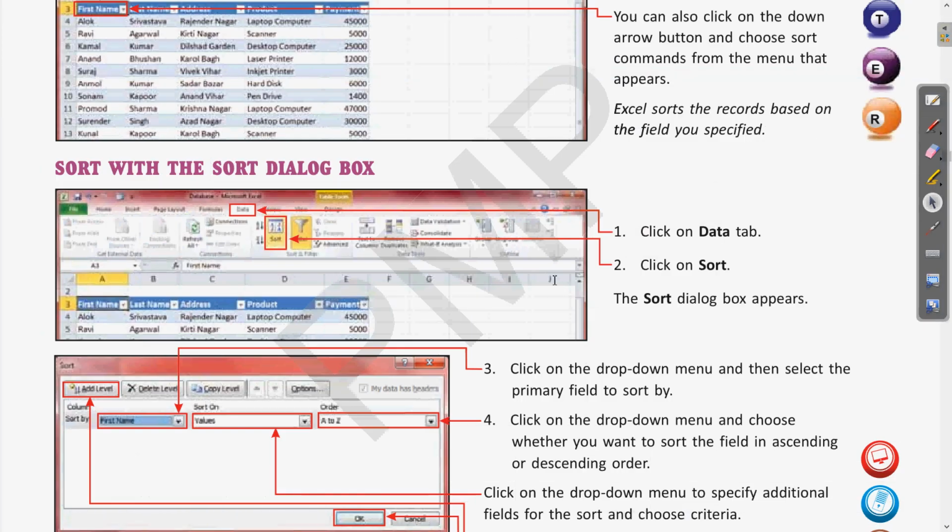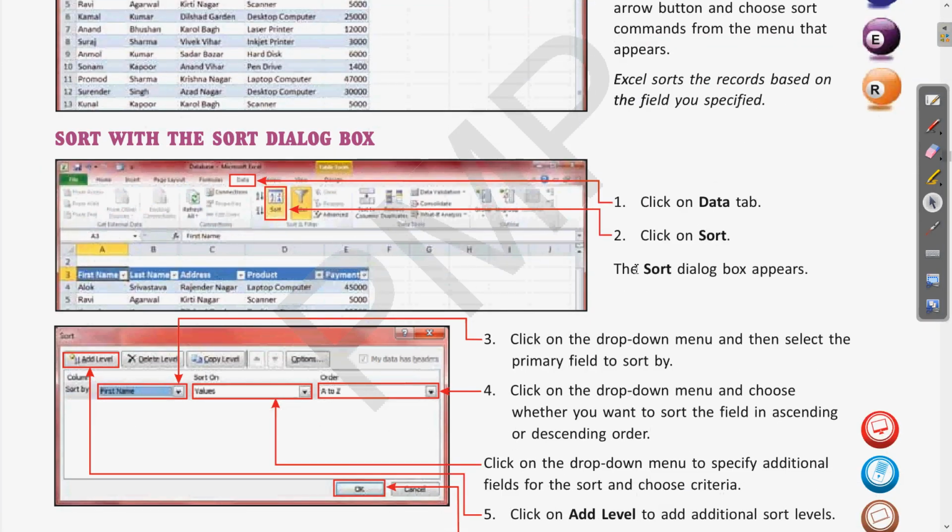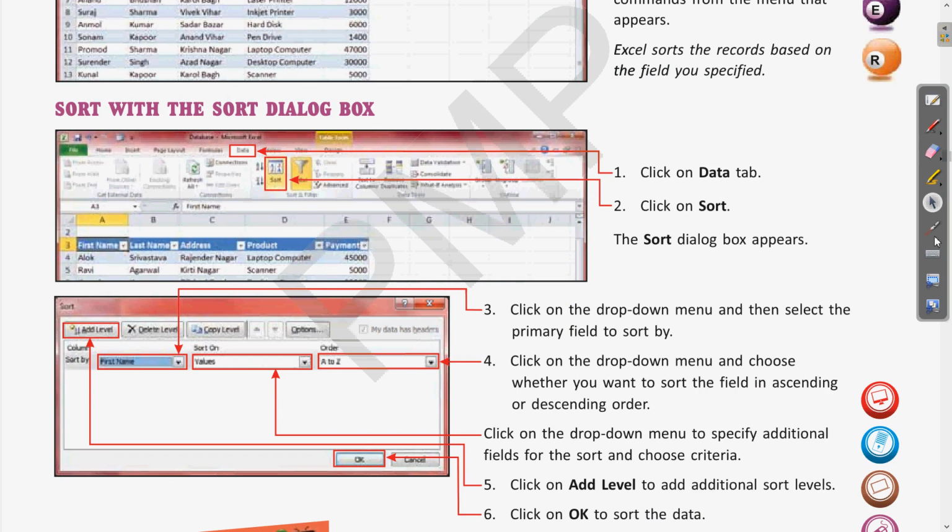So here we are. Step number 2 we have done, that is the sort dialog box appears. Now step number 3, click the drop down menu and then select the primary field to sort by. Clear? Now here we have the primary field to be chosen. Clear?